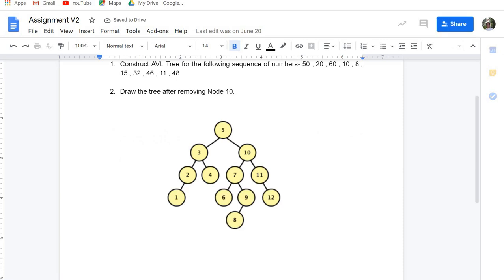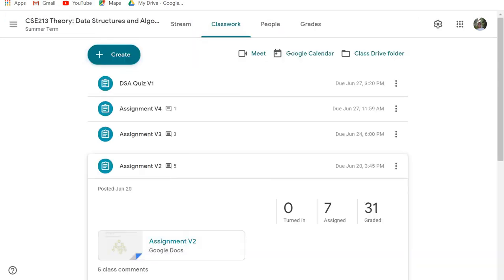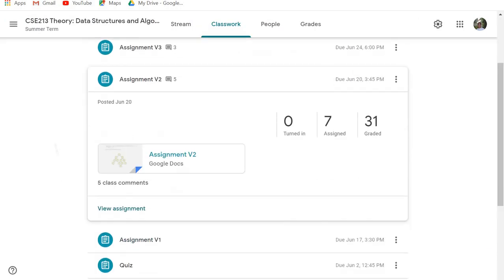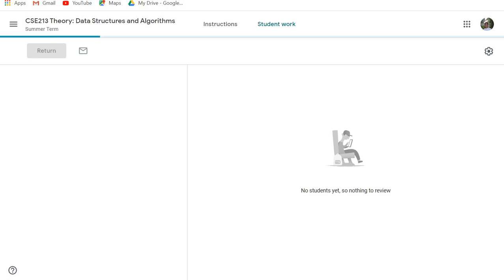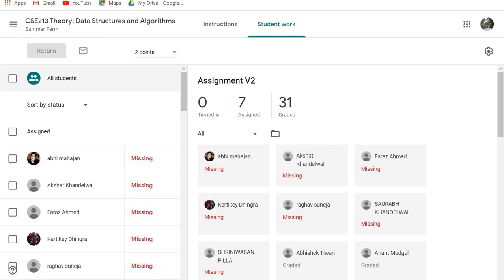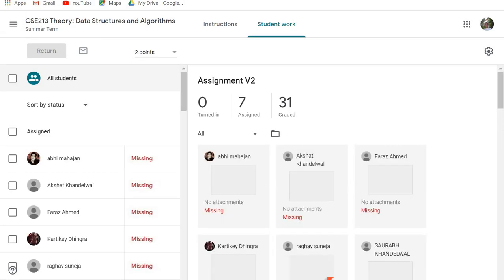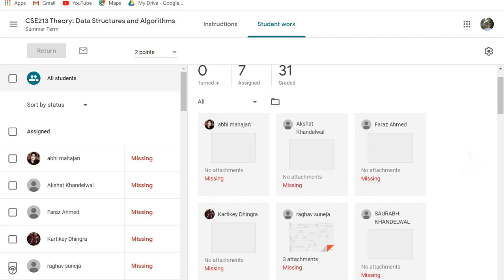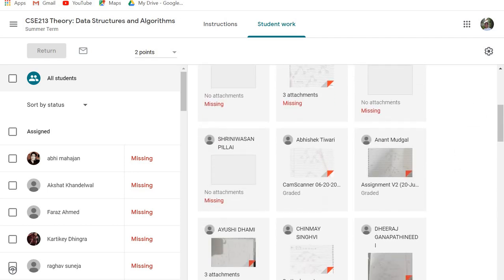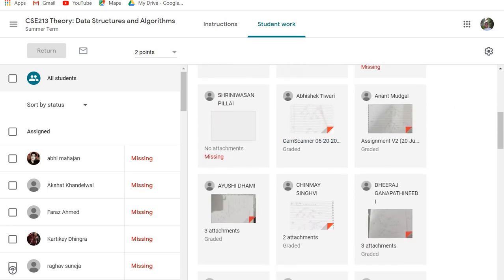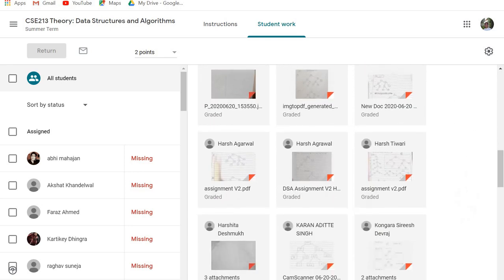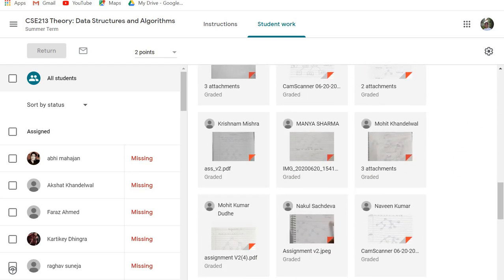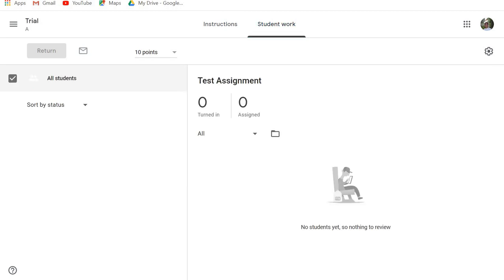So directly clicking on this, and further what I can do is I can go back and view this assignment. So there I'll see how many people have submitted. So what I can see is these people were the ones who were missing, these people were the ones who were graded. That means they had submitted the assignments and they were graded. That means I have given these marks out of 2. So in this case, everything is empty. Here I can see everything.